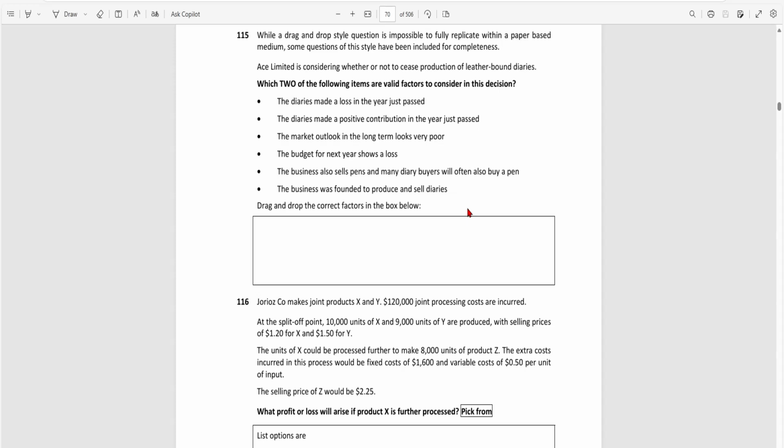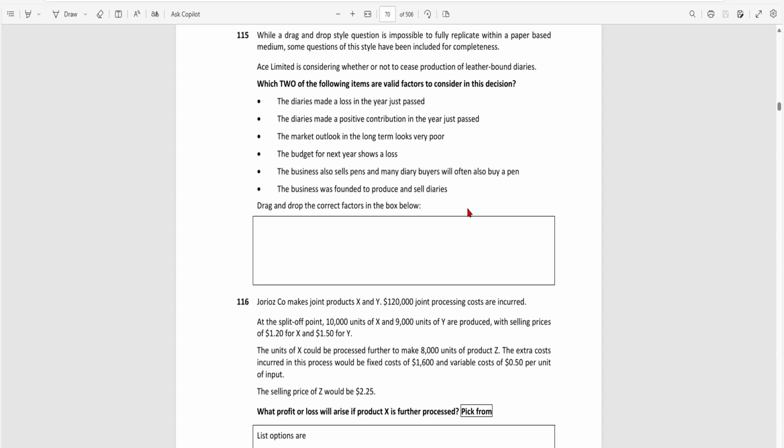Okay, so 115, what the question says. The first option is, the diary made a loss in the year just past. So if this product has made a loss in the past year, that will not be relevant in this